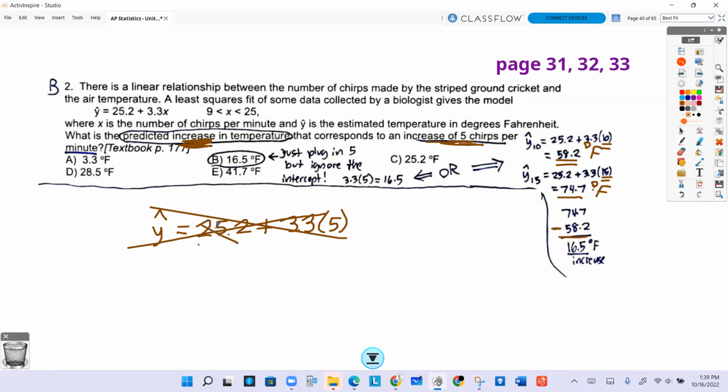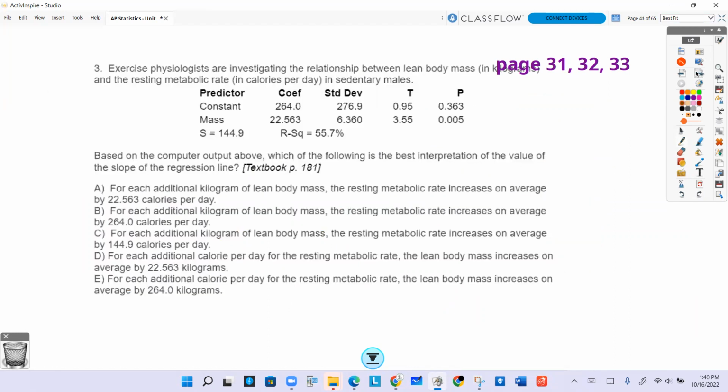Now, if you just ignore this part and do 3.3, the slope, times that 5, you would actually end up getting that, because then you're not incorporating the y-intercept or your starting value. You're just saying as this goes up by 5, each one goes up by 3.3. So 3.3 times 5 is going to be 16.5. So you can do it either way, or just plug the 5 into the 3.3 and ignore that number, and you'll get your value. Tricky question. Number 3. Exercise psychologists are investigating the relationship between lean body mass in kilograms and the resting metabolic